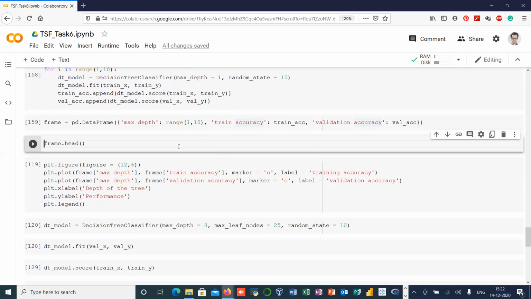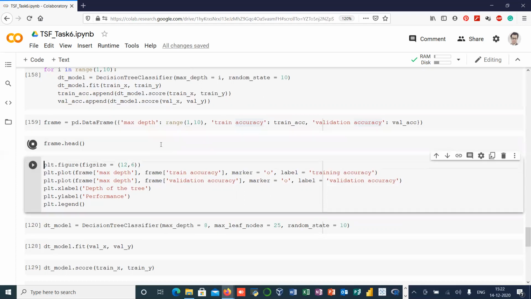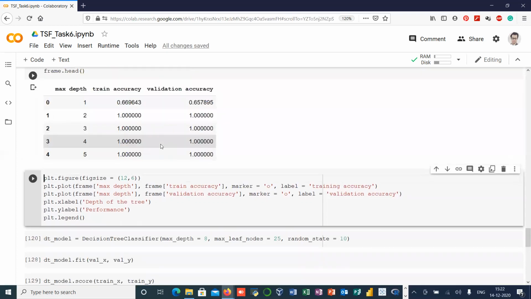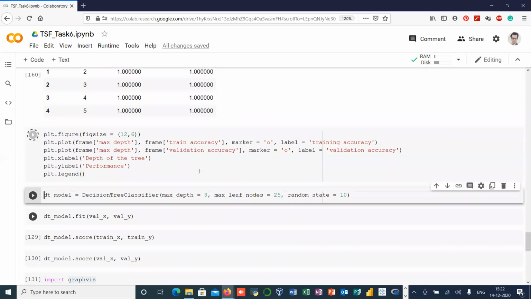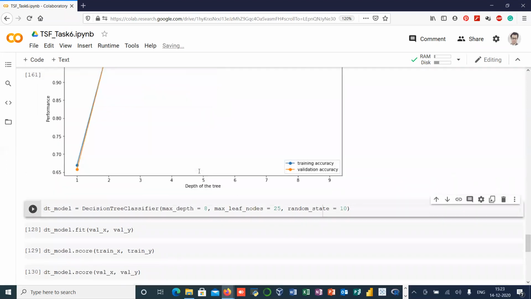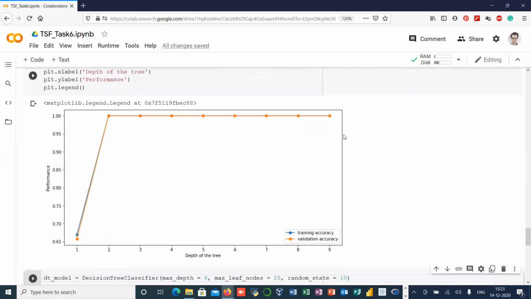Okay, so it's created. Now let's see the first five observations of our data frame. So you can see this indicates the depth of my decision tree, and this indicates the corresponding training and test accuracy. Now let's visualize this in the form of a simple plot from matplotlib. Okay, so here you can see